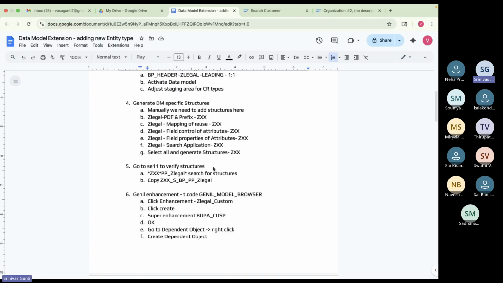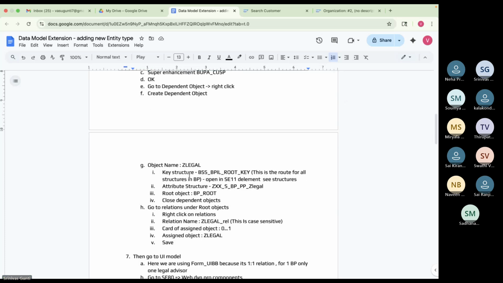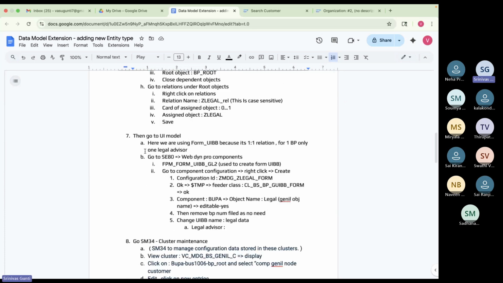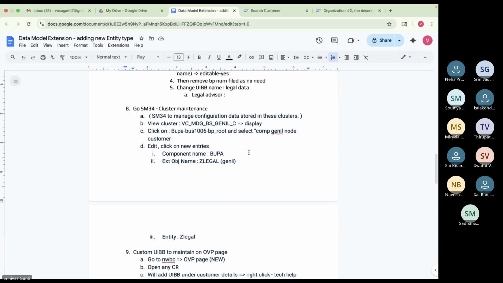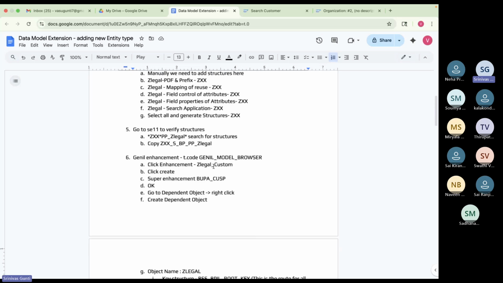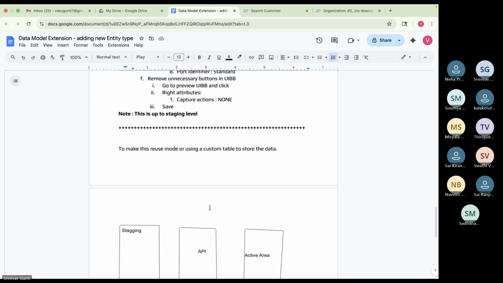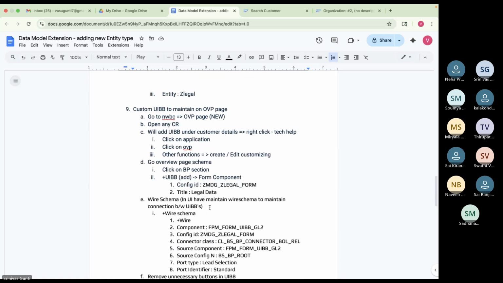So today I will stop at the fifth point, just to check the structure. Then tomorrow I will continue the same topic, that is creating the GenIL model, how the GenIL model works. Then we need to define the UI model. So tomorrow we'll complete all of them. In the final step, we need to add the custom UIBB to BP and the